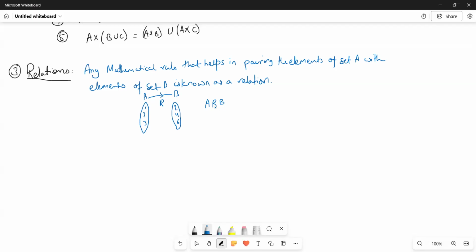This implies that we are defining the relation from A to B. So in the ordered pair, the elements of set A will appear first. Elements of set B will appear in the second place. We are trying to create ordered pairs in the form of a comma b, where a comes from set A, b will come from set B, and then we define the mathematical rule such that,